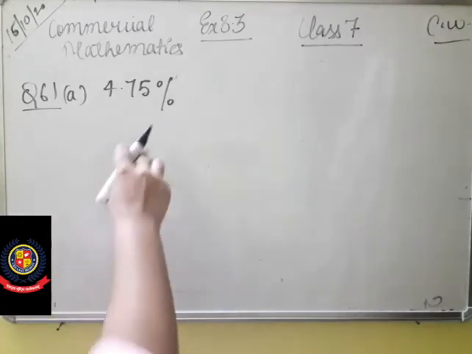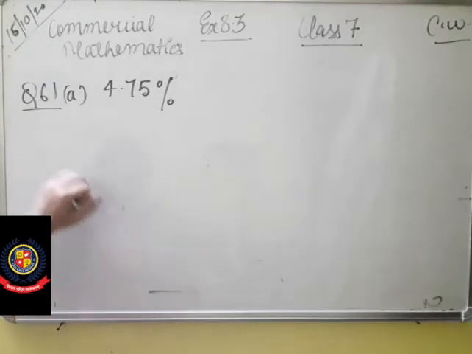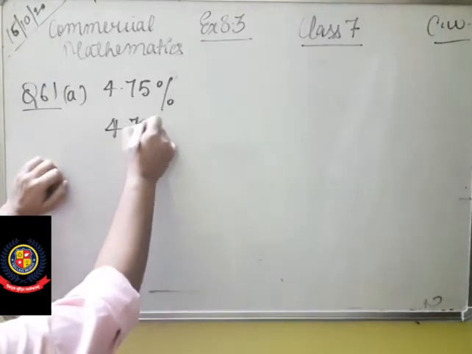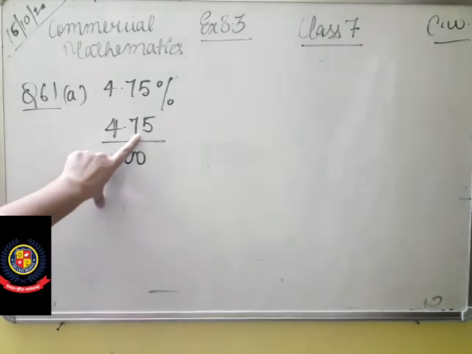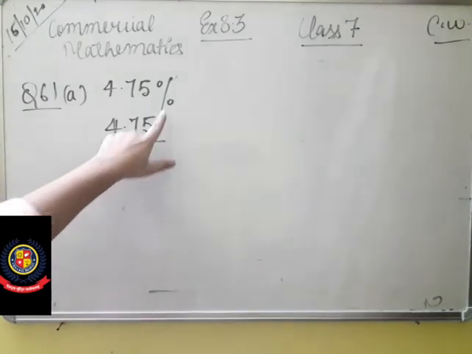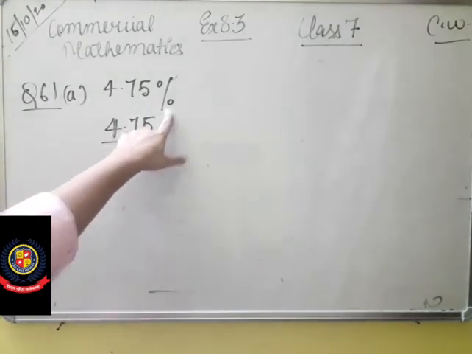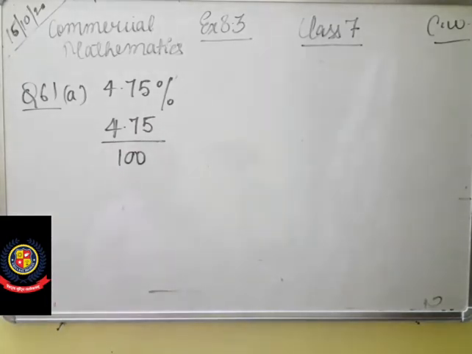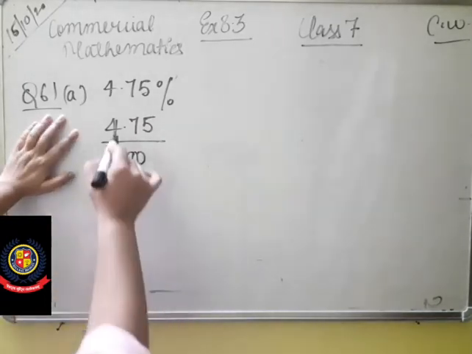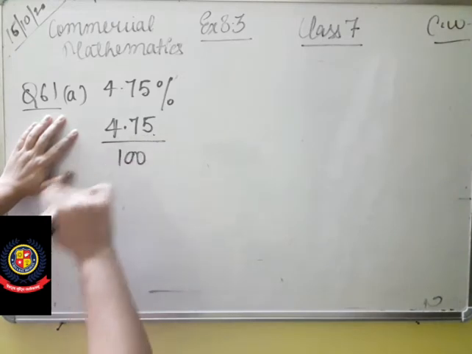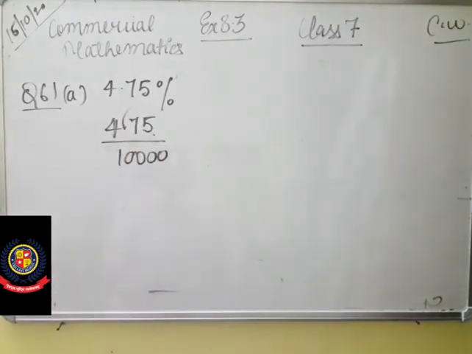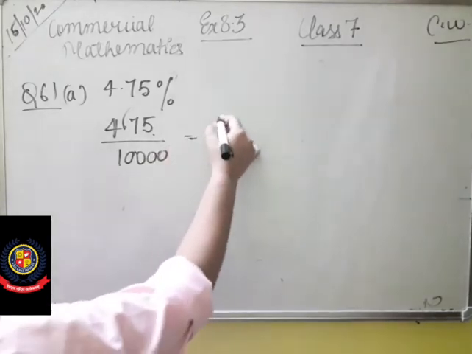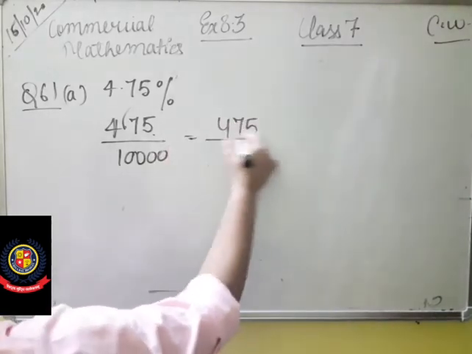So when we have to remove the percentage, what do we need to do? We are going to divide the given number by 100. So students, 4.75 upon 100 we have written, as we have to remove this 100 and convert the given number into the ratio. You can see that after the point 2 digits are there. When you remove this point, you will put 2 zeros more. So now if you look at the number, you will get 475 upon 10,000.